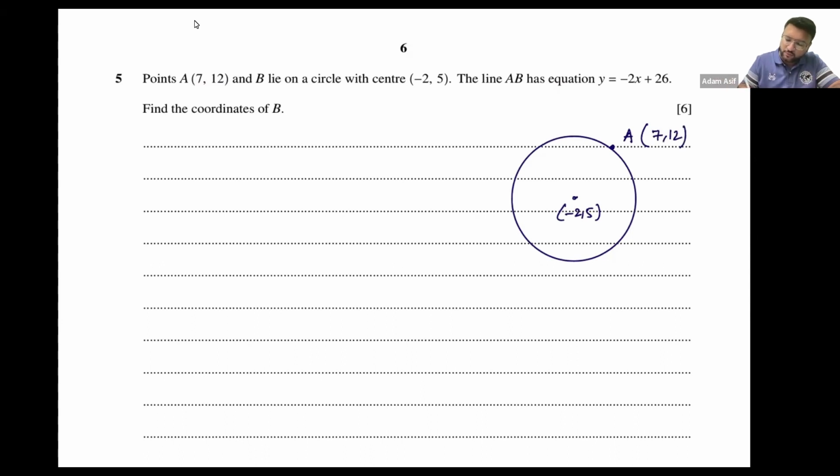ठीक है. Point B कहीं पे भी हो सकता है. I don't know where it is. AB की equation मुझे पता है. That is -2x plus 26. Now, what will we call this line? This line is called